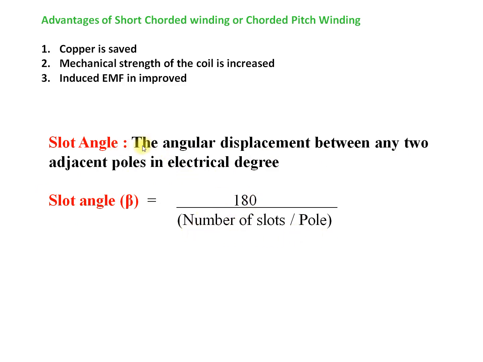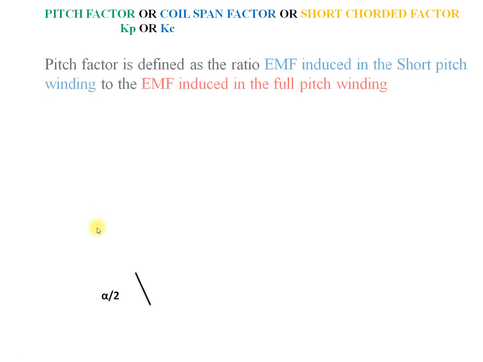So as we have defined that slot angle as an angular displacement between two adjacent poles, the number of slots per pole under this pole pitch will be given by the slot angle beta. So the pitch factor is going to be